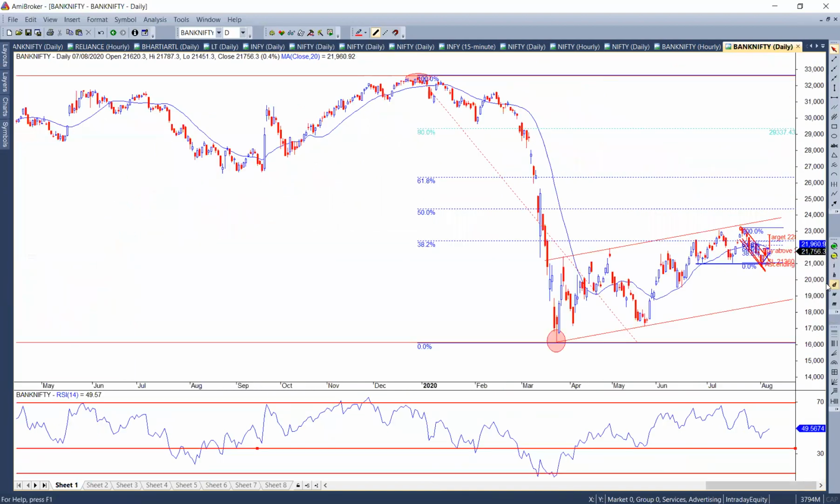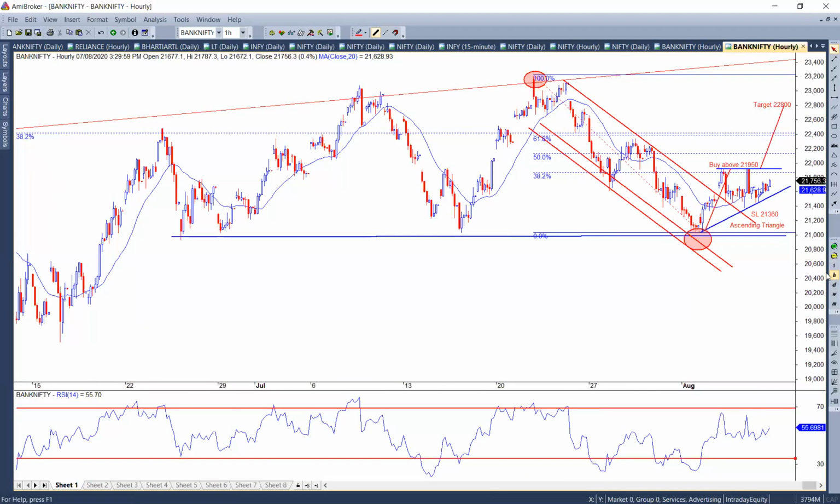Now if you go on the daily chart again, you see all this cluttered because it's a daily chart. You can go on an hourly chart, you see a clear trade setup now. I will again write this low is 21,000 because this is a very important low. Once 21,000 is taken on the downside, my entire strategy changes from buying Bank Nifty to selling Bank Nifty. Because I'm already seeing some divergence on the daily time frame. So for now, we are still looking for a buy opportunity because there is a pattern.